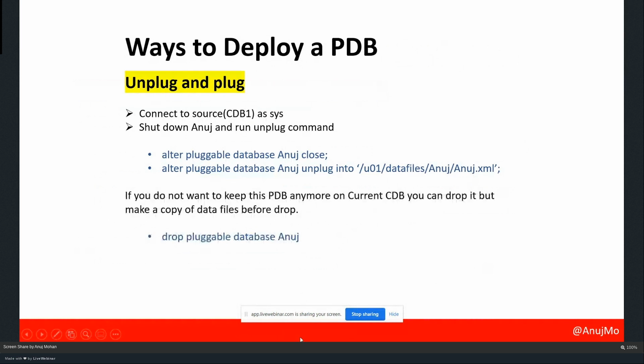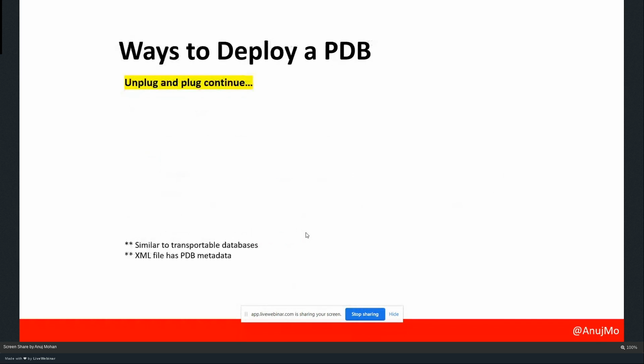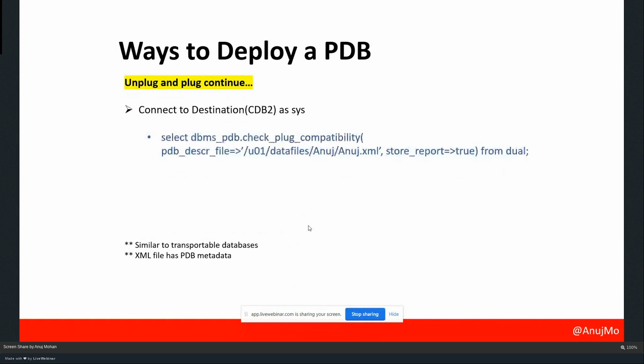And then if you do not want this, you can drop it, but you can drop it later when you are assured that you really do not want it. And you have to make a copy of the data files because you'll need them to plug back in on another system, right? So here, you connect to your destination container database, and the XML file we created in the previous stage,